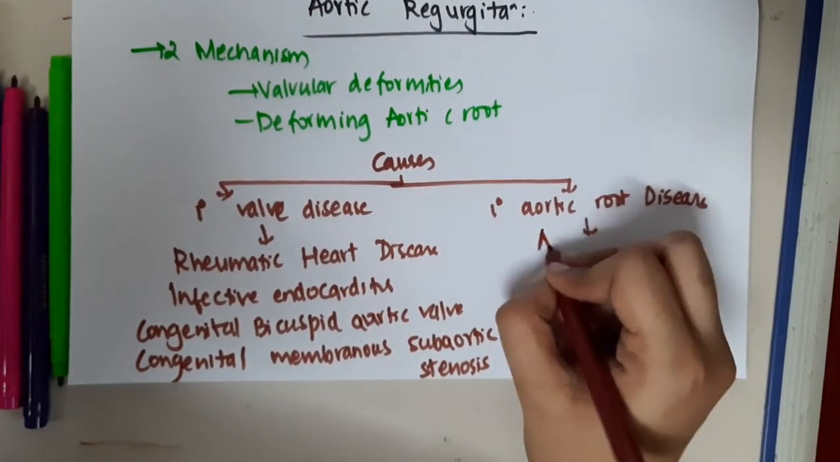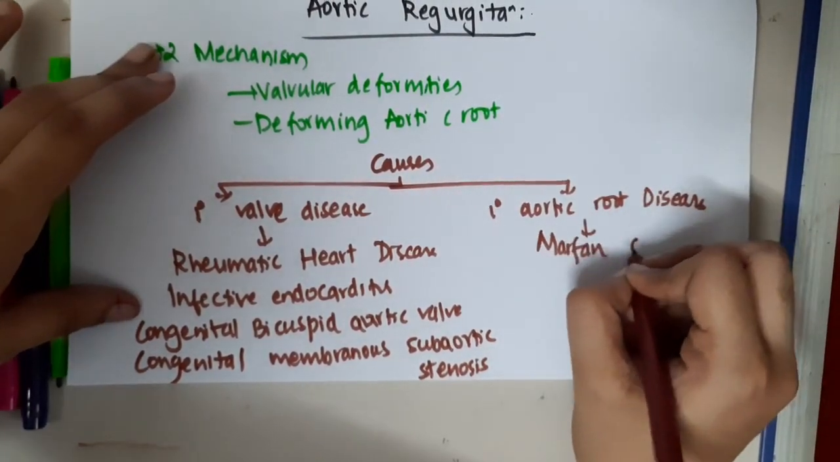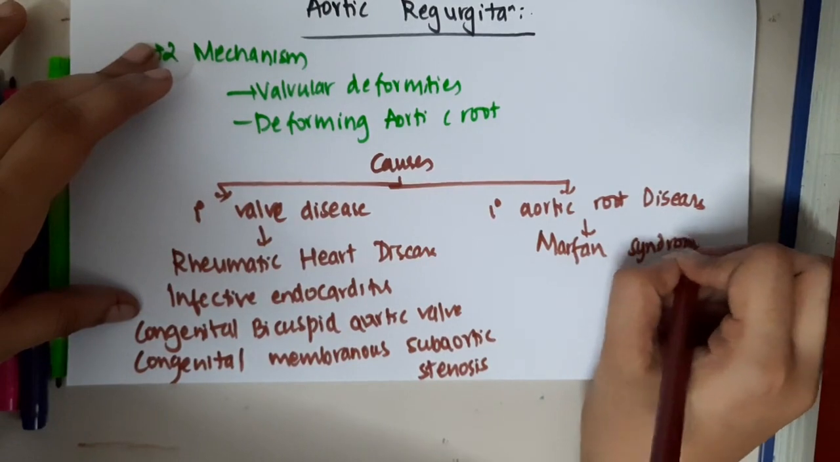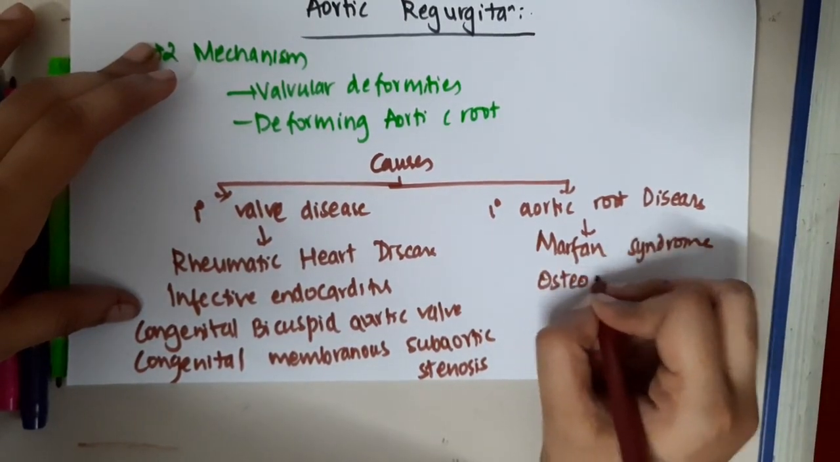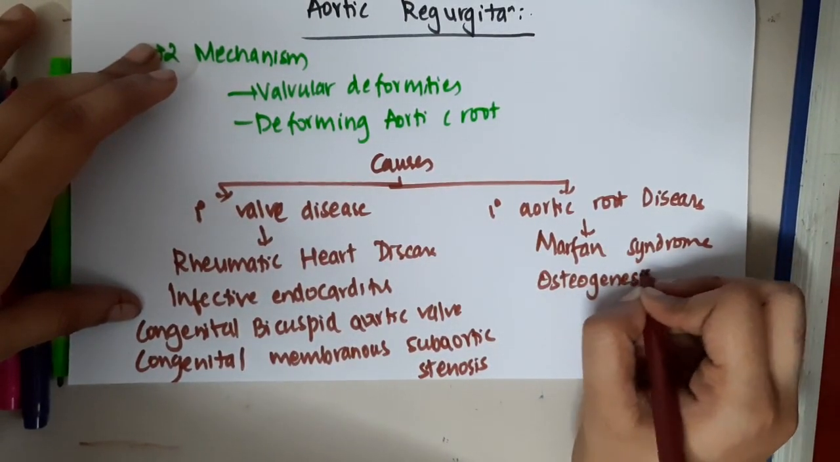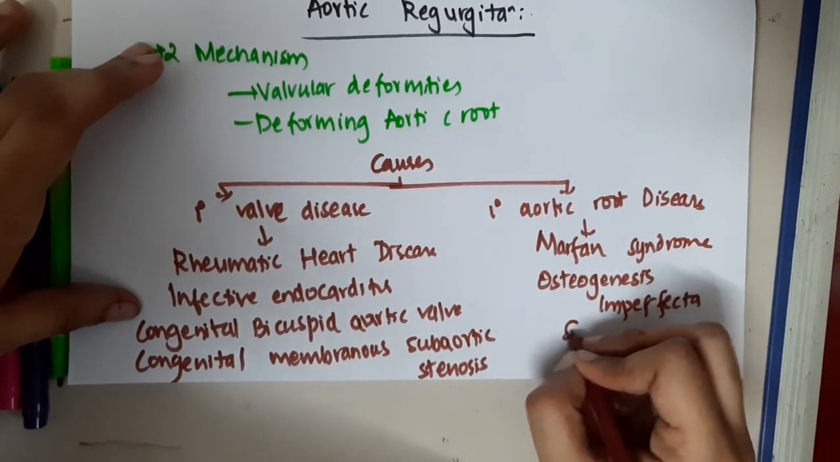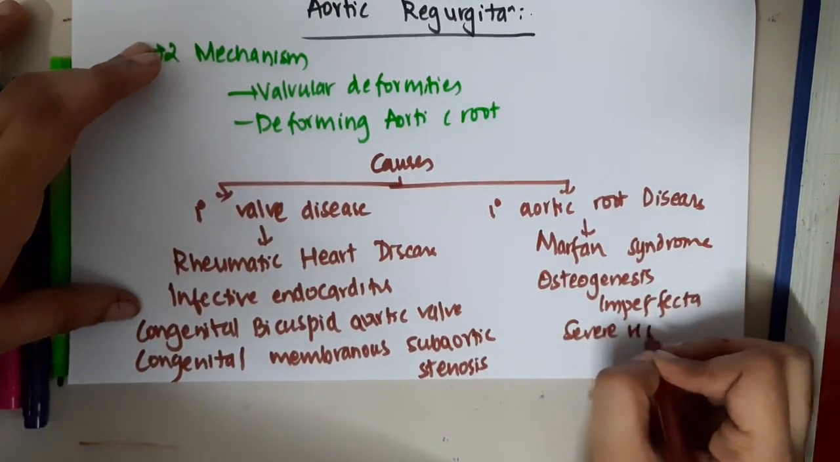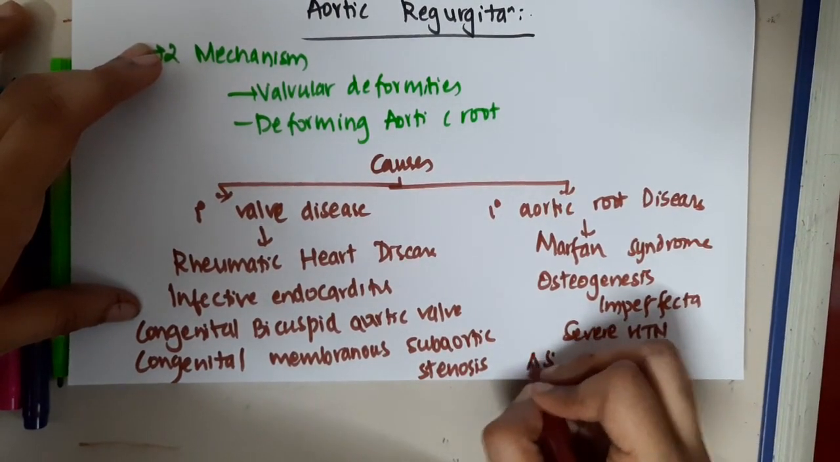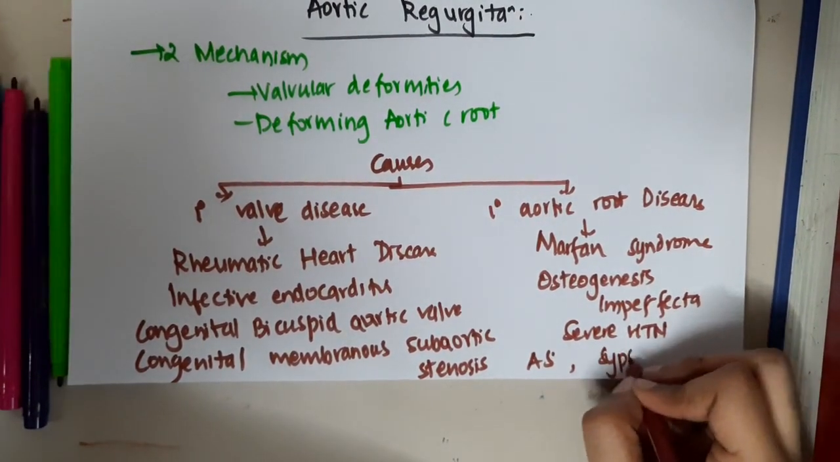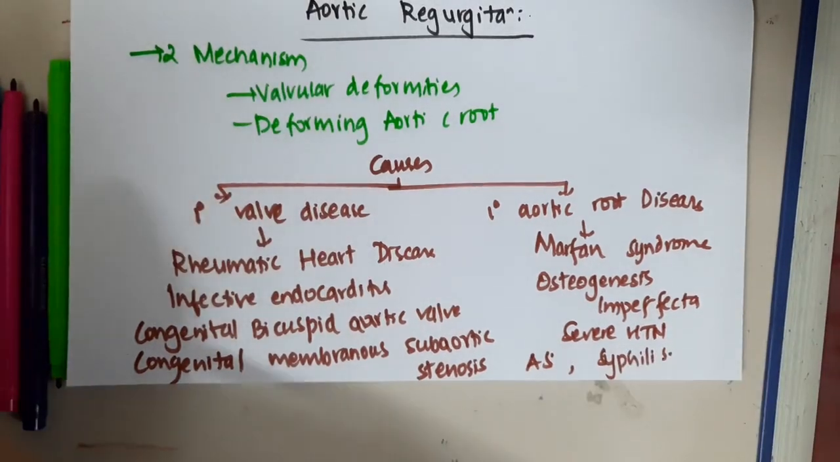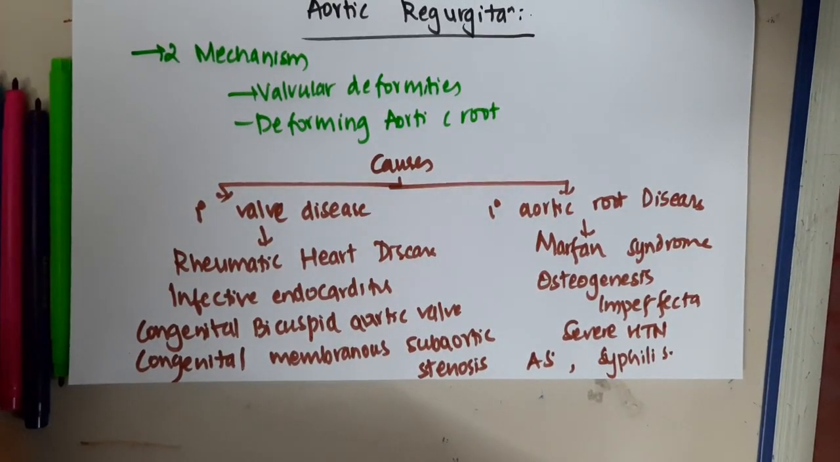Then if you see primary root disease, these include Marfan syndrome, osteogenesis imperfecta, severe hypertension, ankylosing spondylitis, and syphilis. So these are the causes of primary root disease. So next, what are the